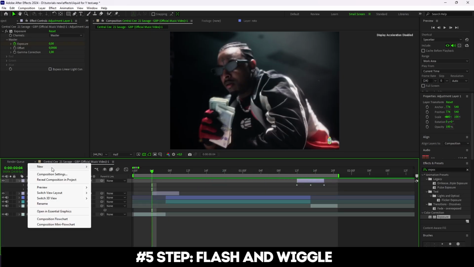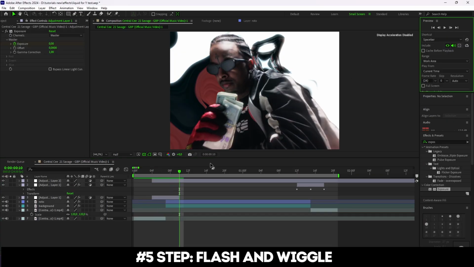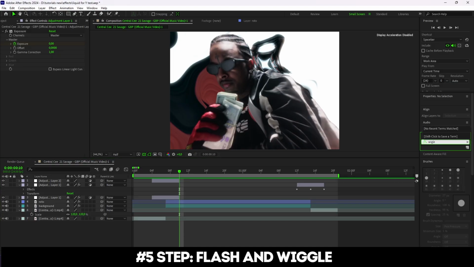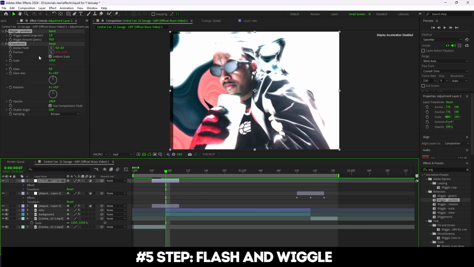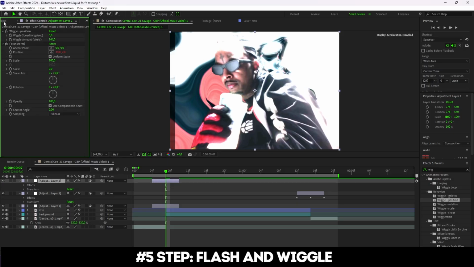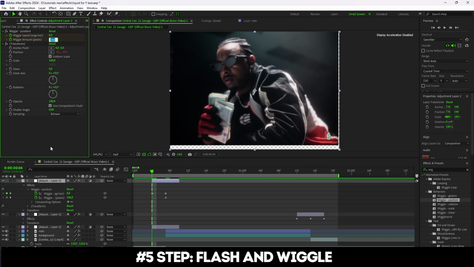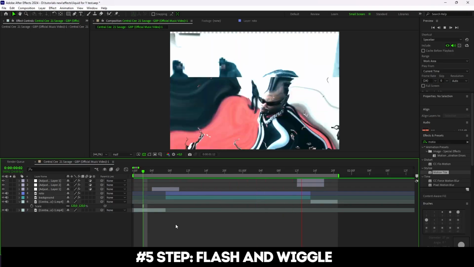I want most of that shake to happen toward the end, so create another adjustment layer, same length as the flash, 6 frames, and add the wiggle position effect. Set a keyframe in the middle and dial in a wiggle speed of 5 and wiggle amount of 166. Then set those values to 0 at the beginning and at the end. Select the keyframes and hit F9. And now place this layer under the flash. So here is how it's looking now.